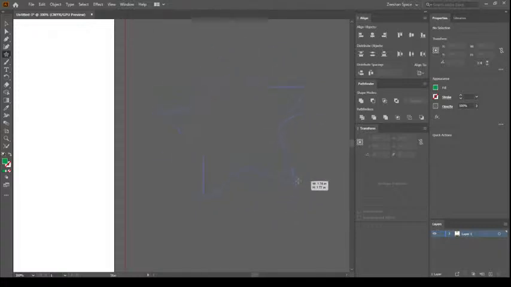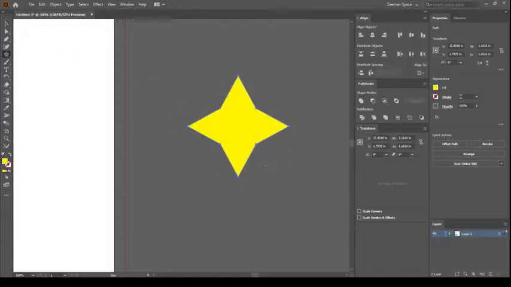But I don't want it to be a star like this. I want it to be something like this. So I will do something like this on the screen. Press the shift key and then arrange it like this. Now I want this to be white, so I will choose white here. Okay, once this is a white color,